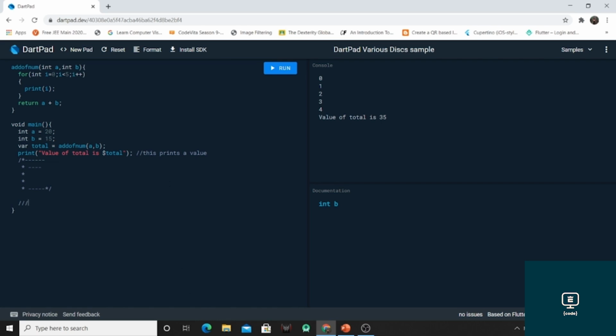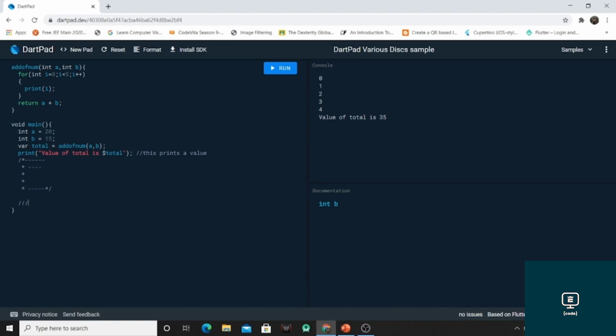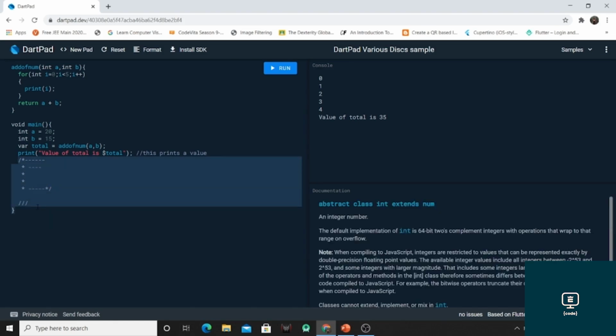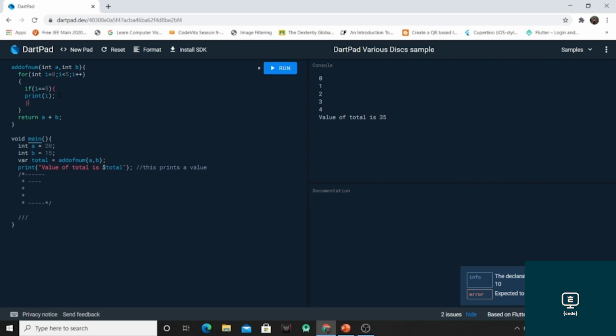Now the next part is continue and break. Okay, so what is the continue part? So if i is equal to 5, then only print the value of i, otherwise continue.